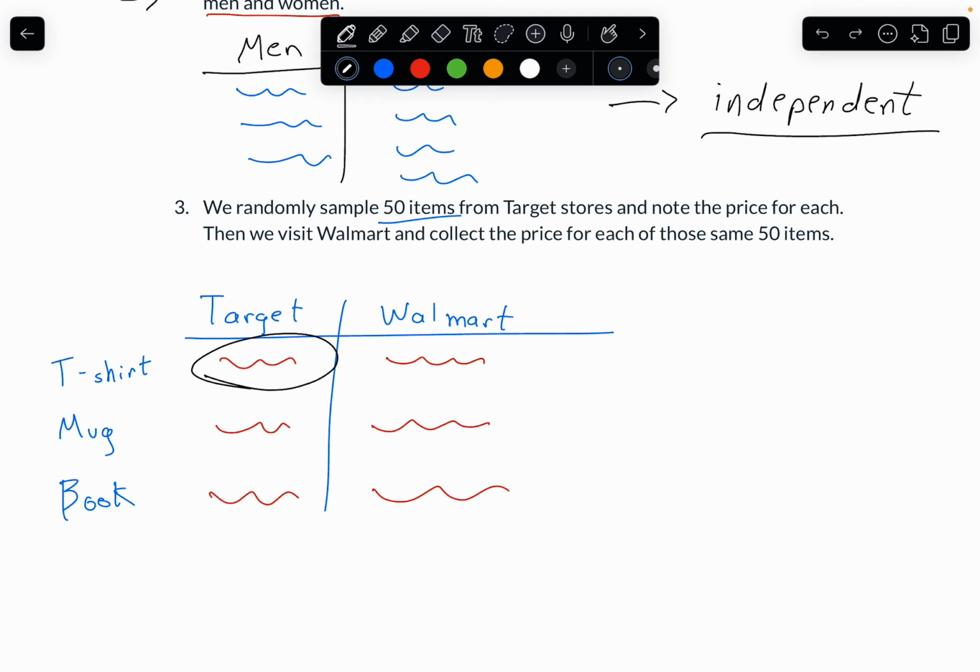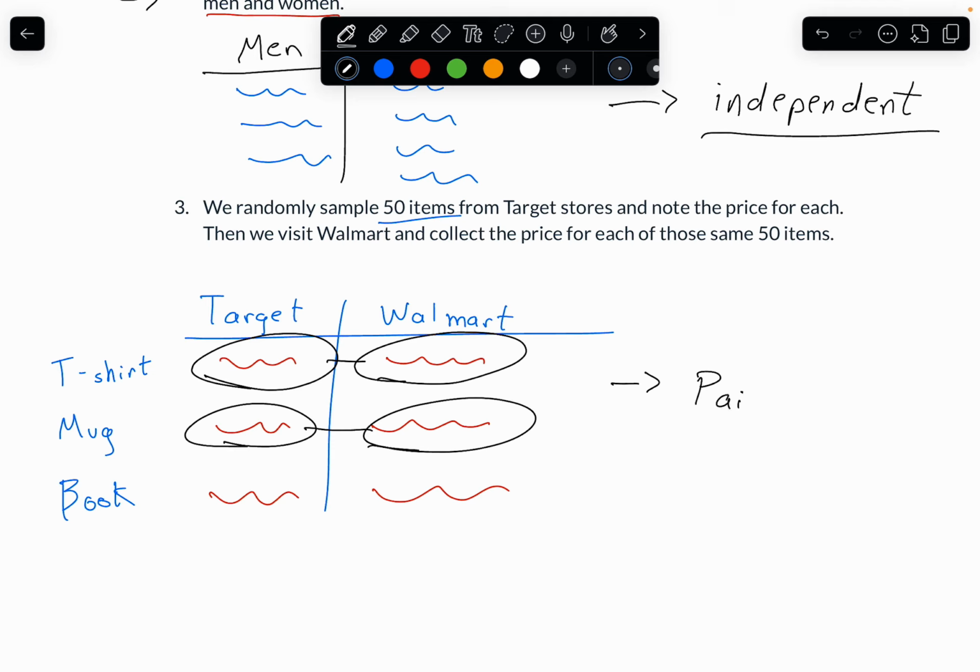I probably want to compare the prices of each one of these two. So the price of a t-shirt with the price of a t-shirt, the price of a mug with the price of a mug, and so on and so forth. So if we have that pairing, that means that, yes, we're dealing with paired sampling because there is that relationship between these two. So this is a really important step in our process because